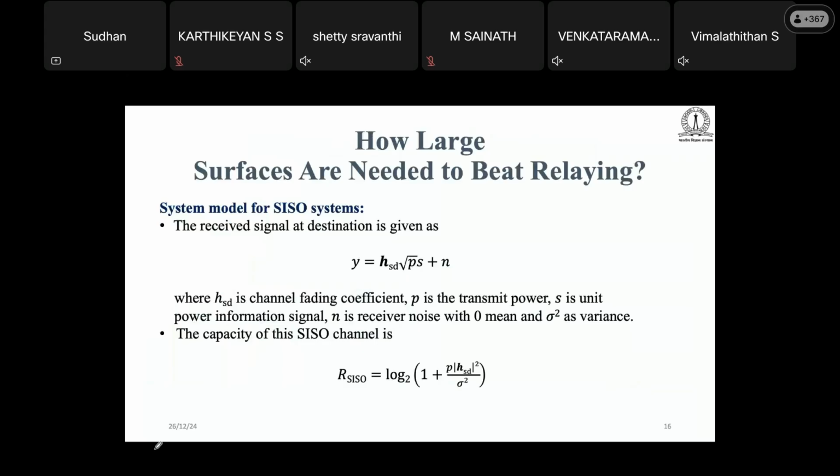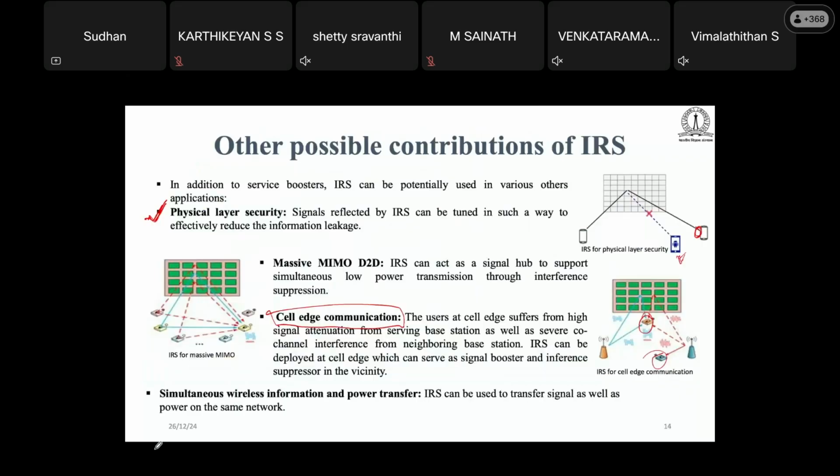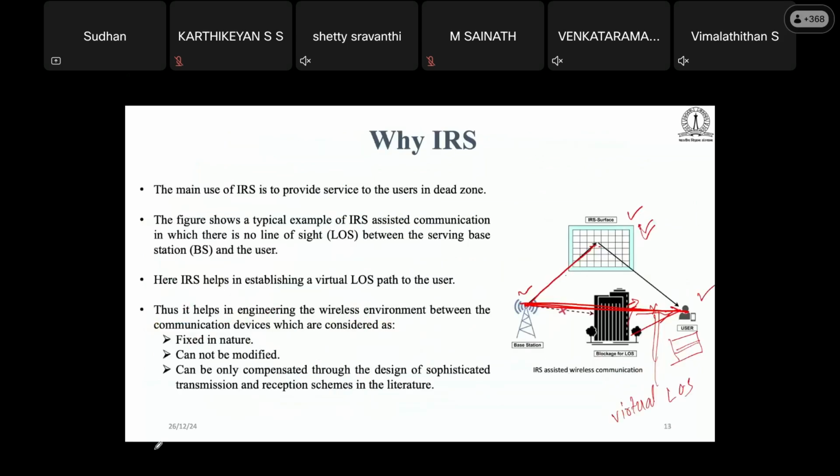Okay, so what I wanted to mention here is that IRS is a one-way communication that builds up a channel. Build up a channel means modify the channel. So you can see that in this case there is a severity in the channel, right? When a building was there between the user and the base station, we put the IRS